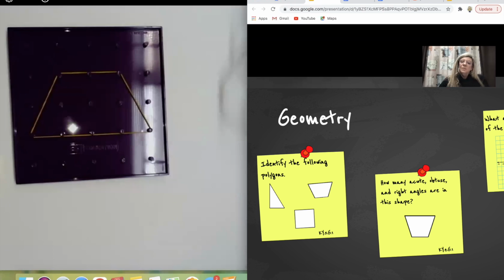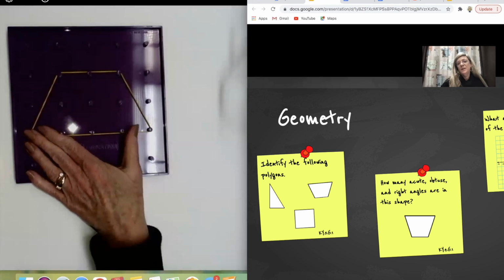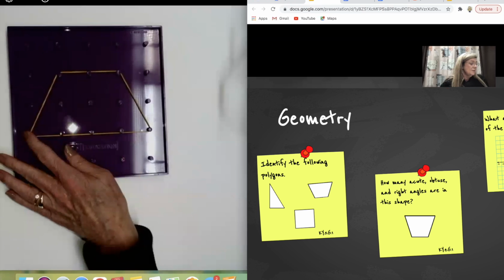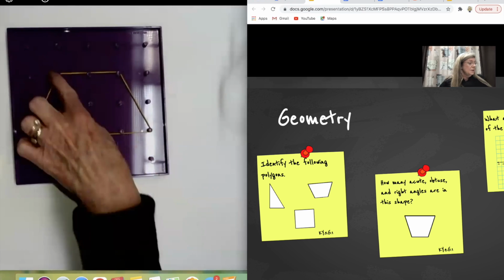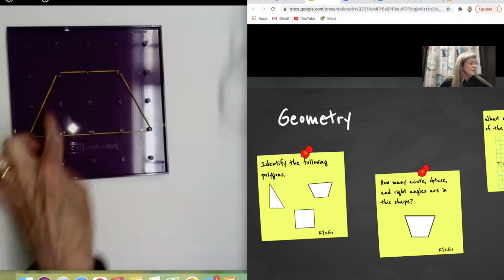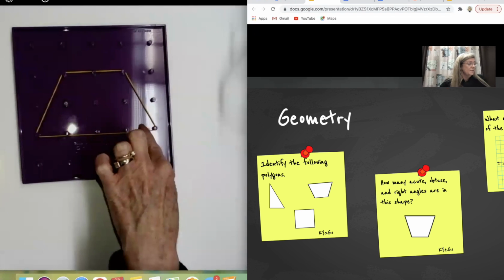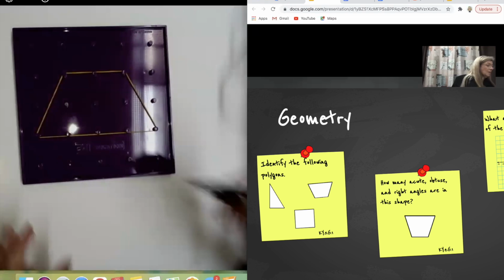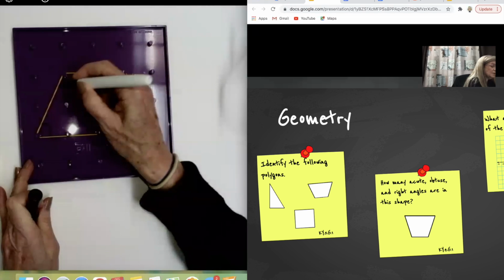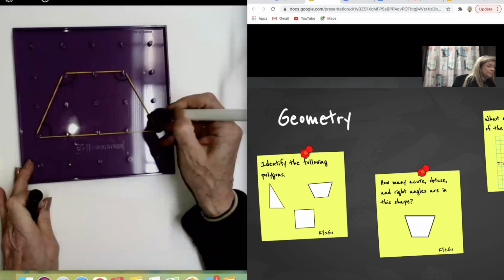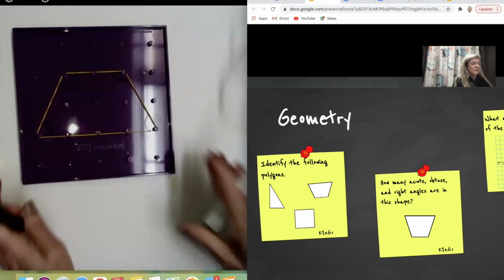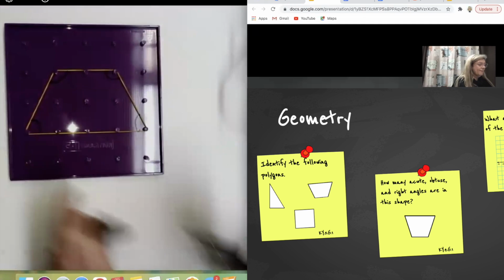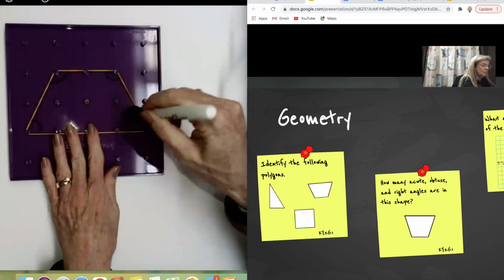So in this one, after you make sure they know what we're talking about, acute, obtuse, and right angles, they would be able to look and see that there are 2 acute angles and 2 obtuse angles. And you have to talk about the space that's inside of the angle. That's also important for our kids. And you may need to take a little Sharpie and a little dry erase and write on that, because it will come right off. That's what's nice about these when you're looking at the space in between them. And you could do that the same way to show. Oh, that doesn't show well for you all though, but you can see. And then it will erase right off. No big deal.